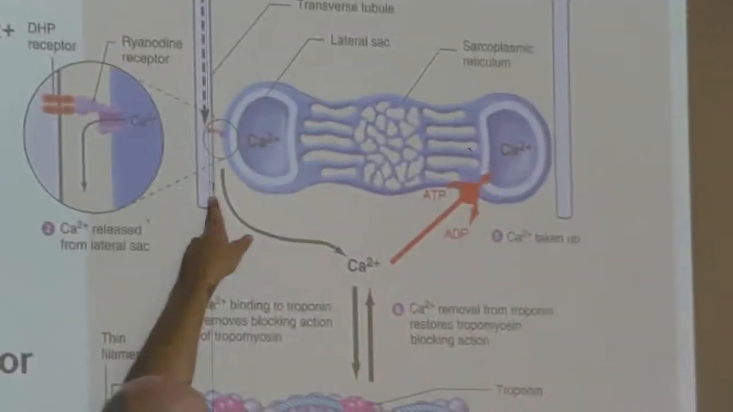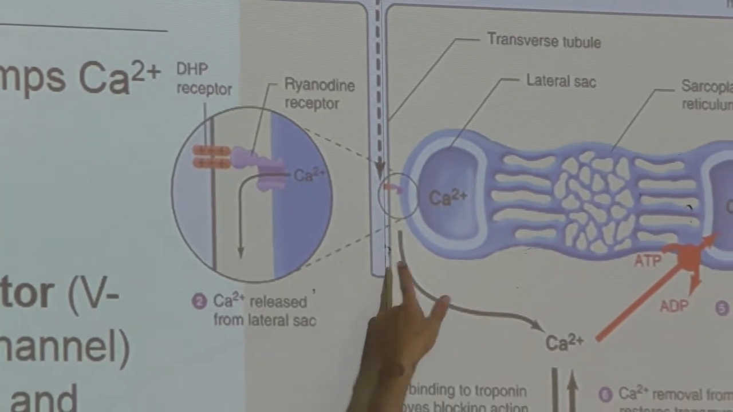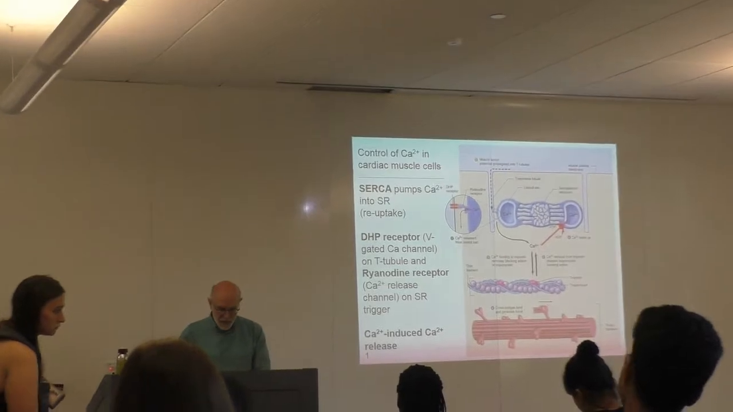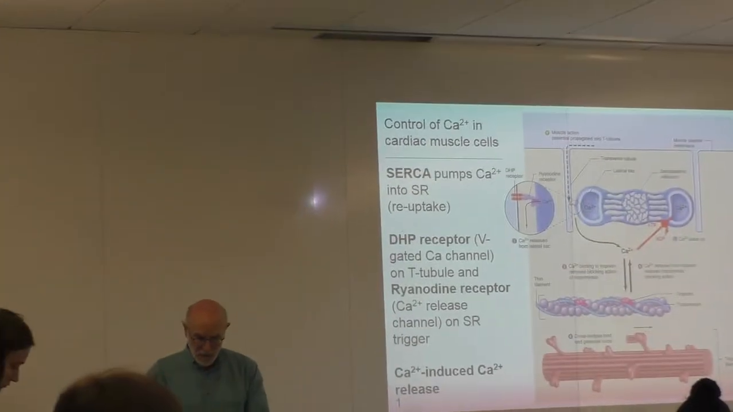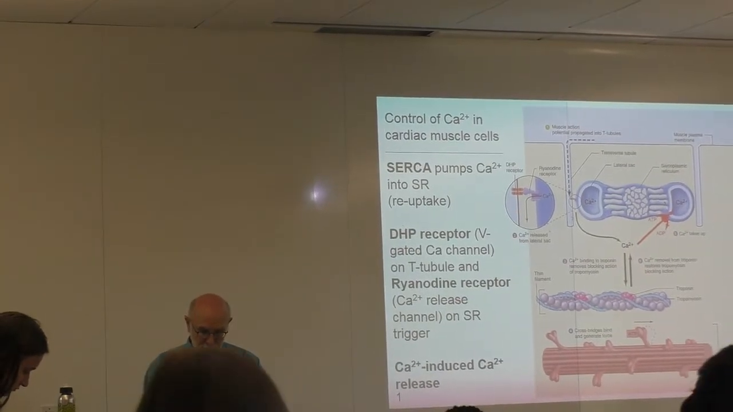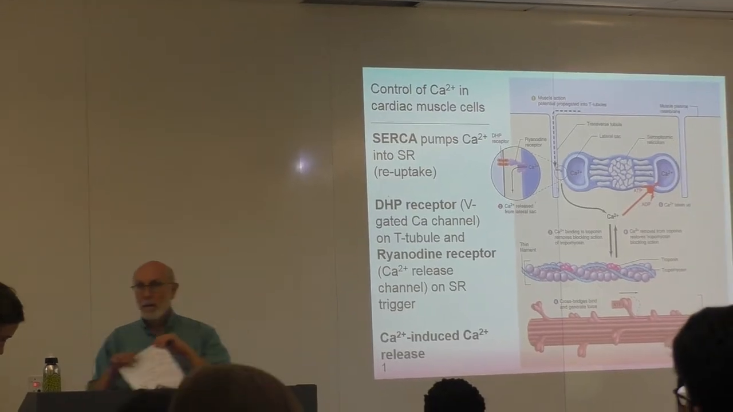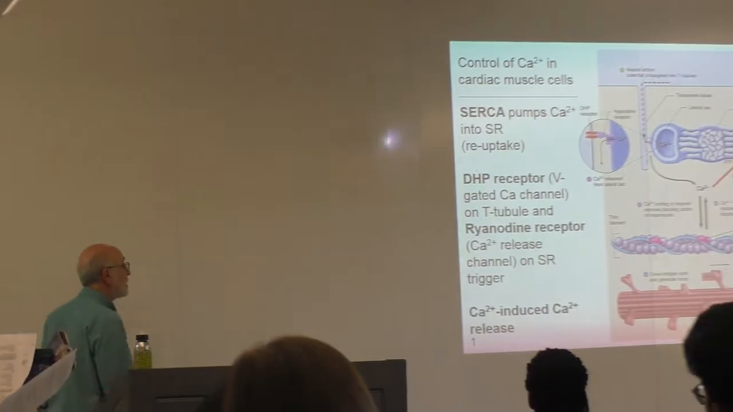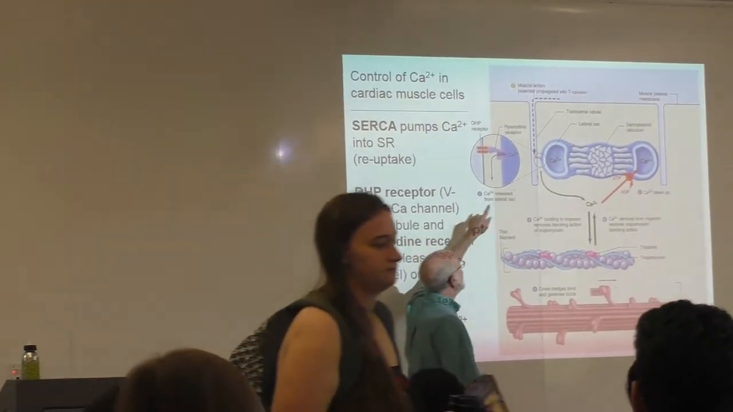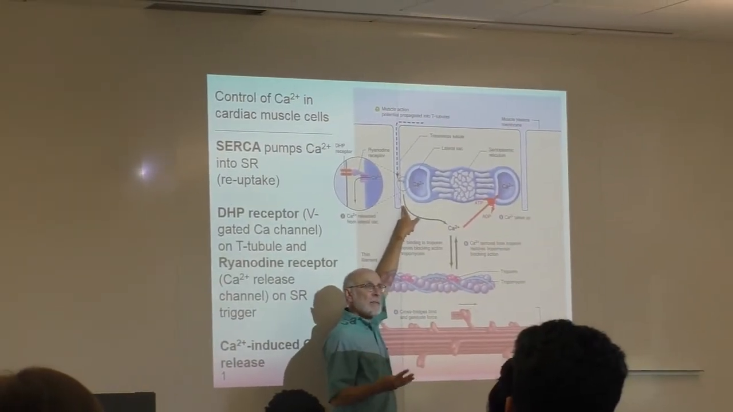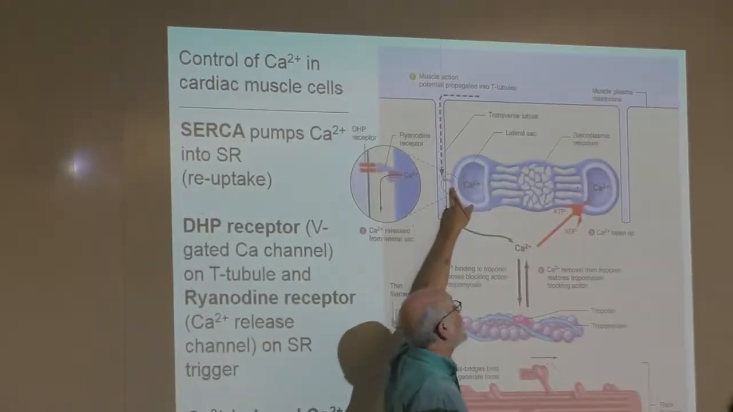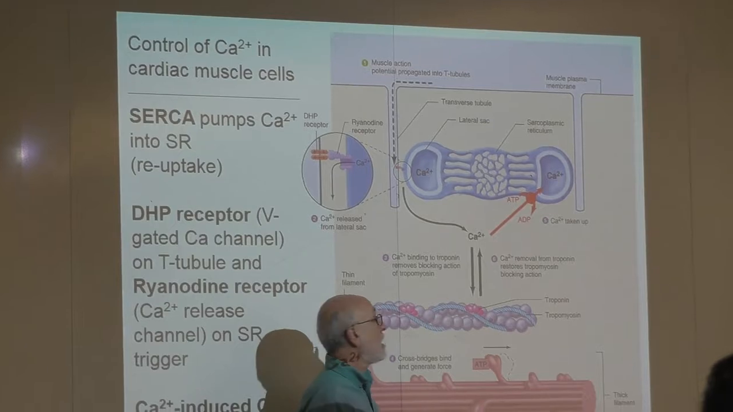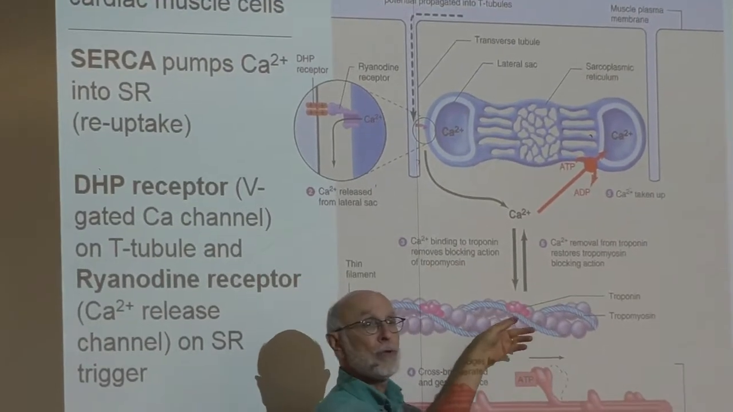Calcium-induced calcium release. That is to say, calcium influx through voltage-gated calcium channels in the T-tubular membrane. That calcium influx triggers calcium release from the SR. Those two sources of calcium bind to troponin